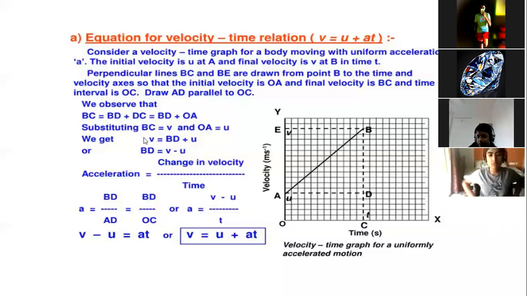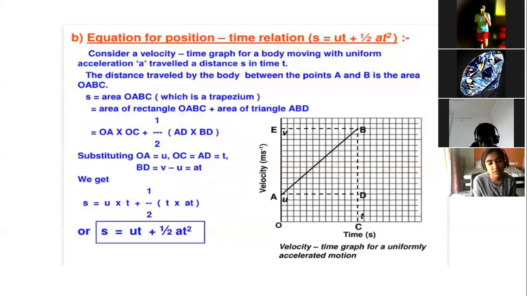Okay, I hope I'm clear with the first graphical representation to all of you. Please make sure you're doing it in equation form. If you're doing BC, you can make this the first equation, you can take BD as the second equation, and then you're finding out the third one. So it will be in sequence, you will understand when you're doing it in terms of equations. So I'll get back to my next part, this one.